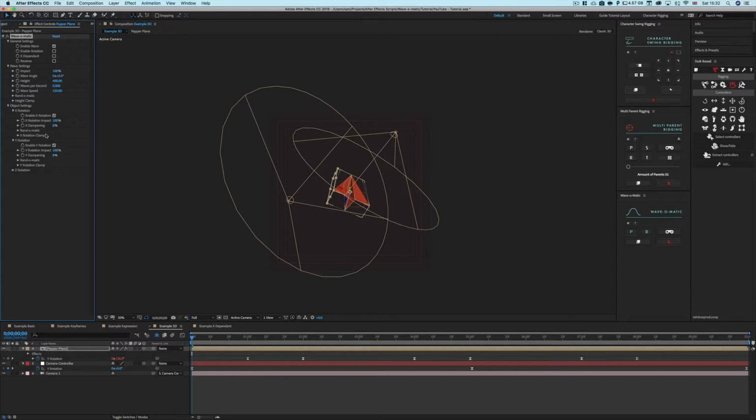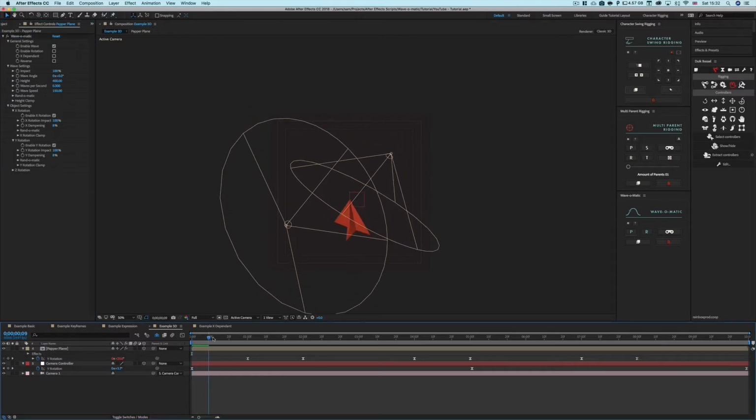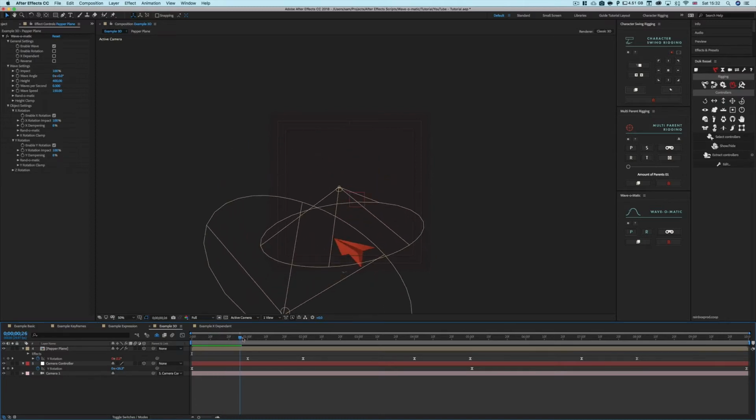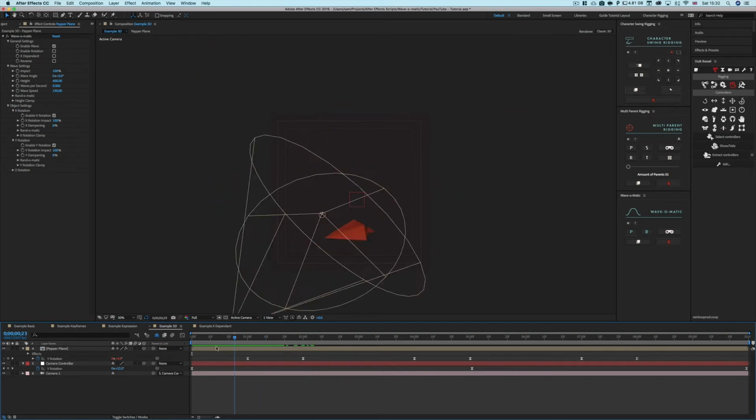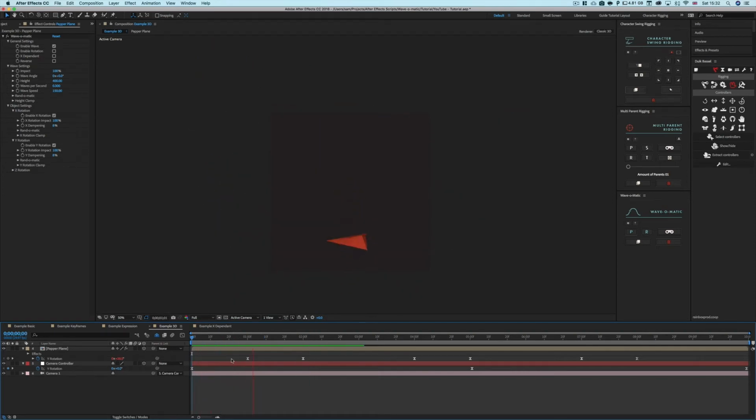So this, of course, is all dependent on where your object is and what way it's actually facing. The X is relevant to the X of the object in here. So as you can see now, it's moving, it's going up and down and around while my camera rolls around it. So if I play this to you, the camera's still going around and the plane is going up and